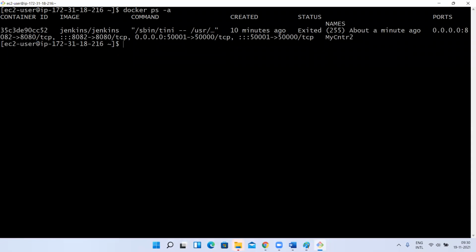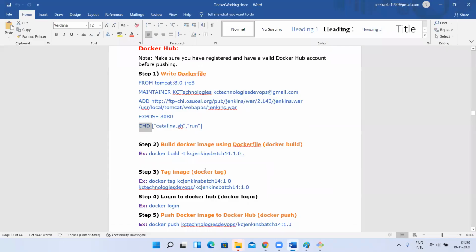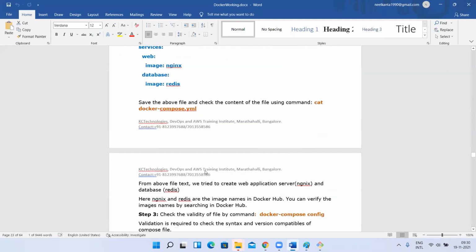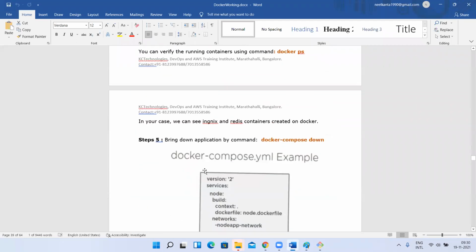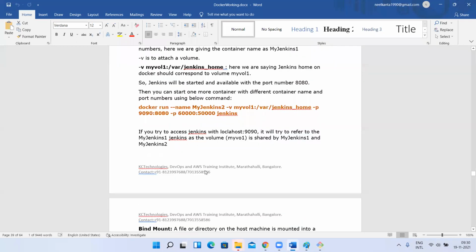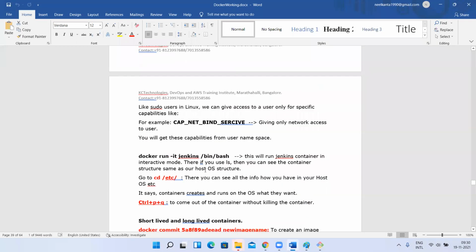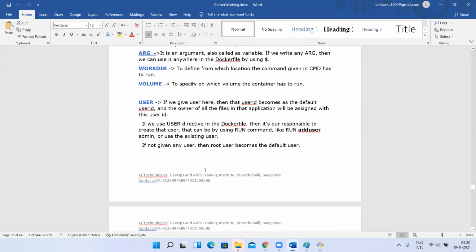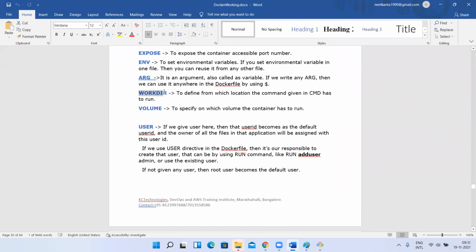If you specify WORKDIR equal to some location, then whatever command you have passed for CMD will be executed in this location. WORKDIR defines from which location the command given in CMD has to run.